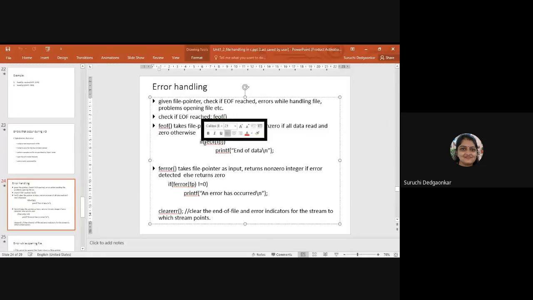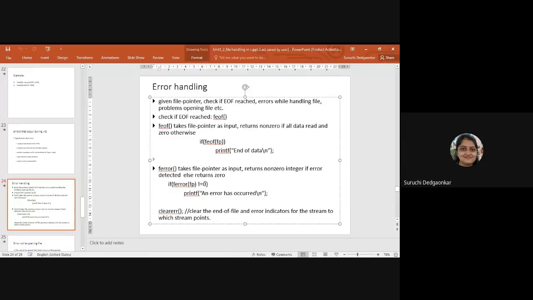If feof of fp, our file pointer, is reached, then it is the end of the data. Like this we can use the condition, or we can also check, as we have done when we are sure that we are reading a single character, whether that character is EOF or not. That also we can do manually.